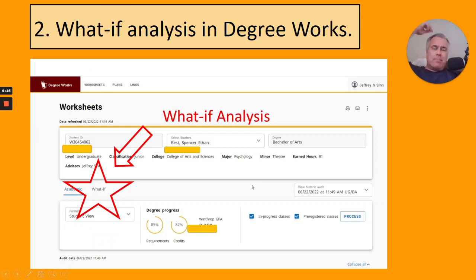All right, next step is inside DegreeWorks doing a what if analysis. So DegreeWorks, of course, is where you can look and see all the classes that you've taken and what classes you still need to take to meet different kinds of requirements. Sometimes people will think, I wonder if I could graduate faster if I switch majors or if I switch minors. Well, the what if analysis lets you do that. I'm going to use the example here of the social sciences as